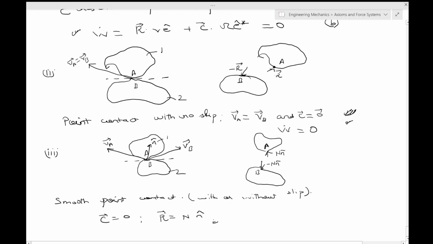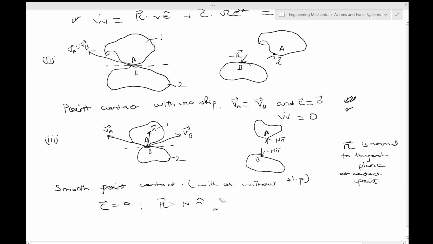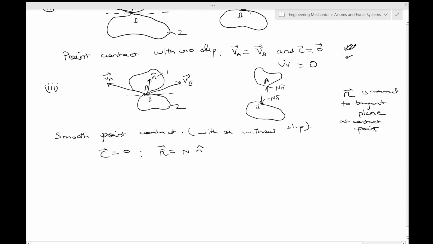direction, and so small n is the normal to the tangent plane at the point of contact. So W dot is equal to R dot VA minus VB. Okay, just because C is 0, this can be written as N dot